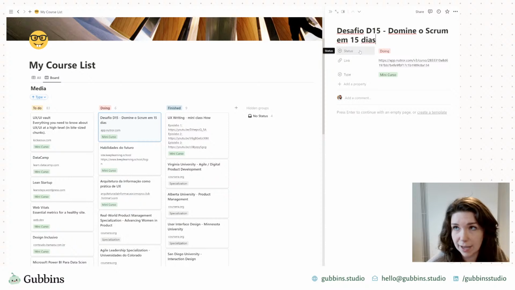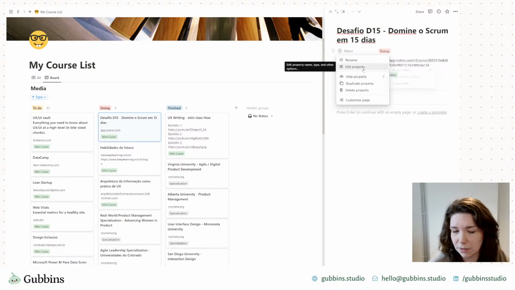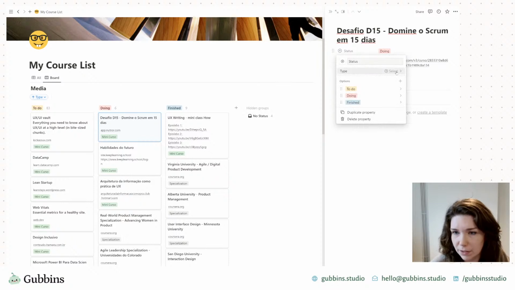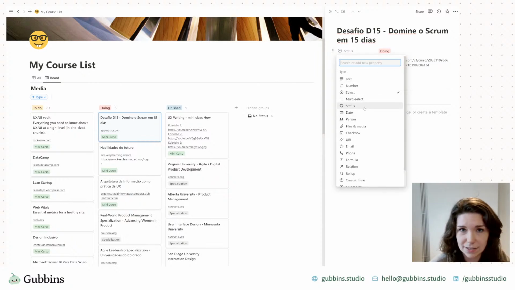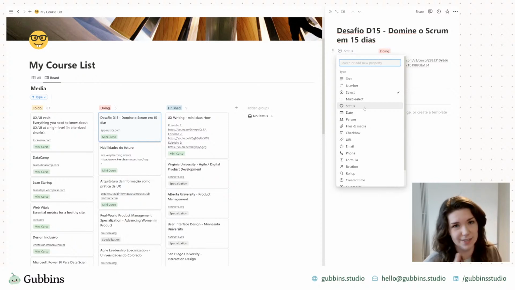So Notion has a property type called status, which is quite handy. Instead of using select, you can select status, which has to do, doing, and done. But of course, when you're working on something, there are multiple statuses for doing. For example, if you're doing a course, you might be at a place where you're studying, you might be revising for an exam, you might be waiting for your exam results to come back. There are multiple ways you can be doing something.